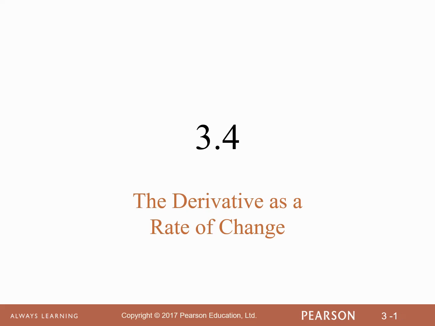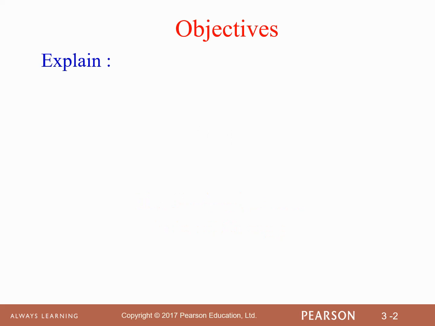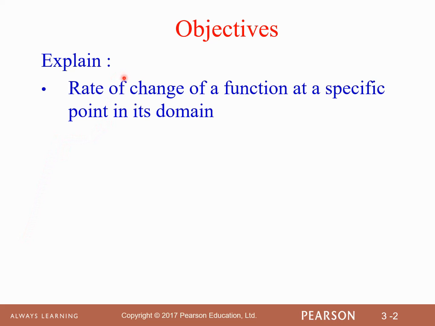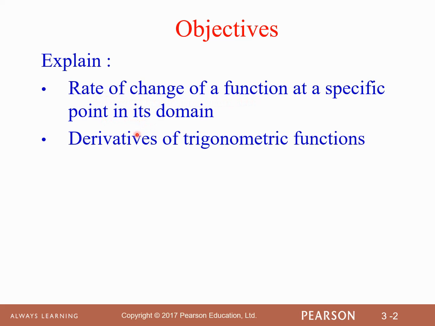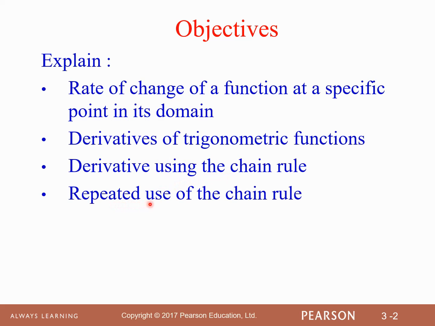Section 3.4. The derivative as a rate of change. Objectives. The objectives of sections 3.4, 3.5 and 3.6 are as follows. To explain rate of change of a function at a specific point in its domain, derivatives of trigonometric functions, derivative using the chain rule, repeated use of the chain rule